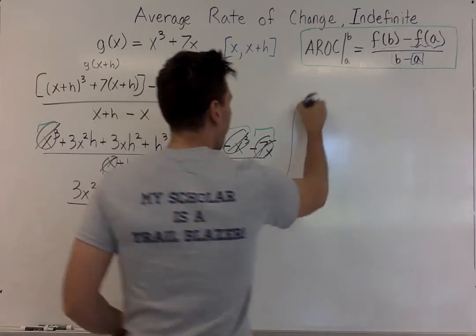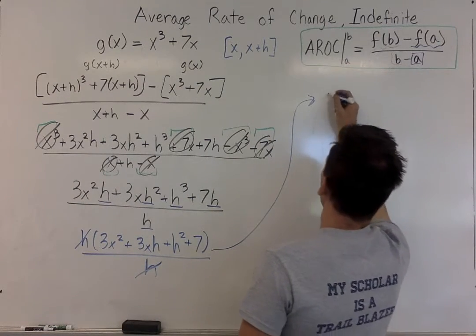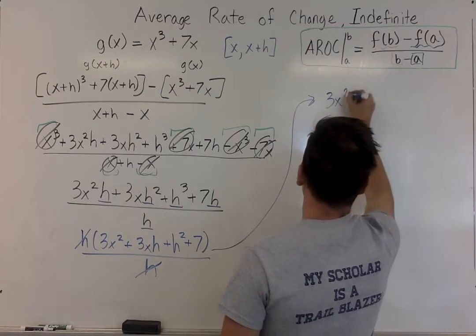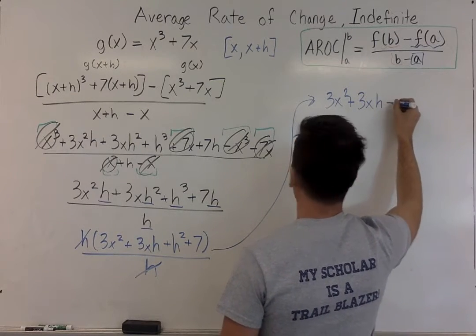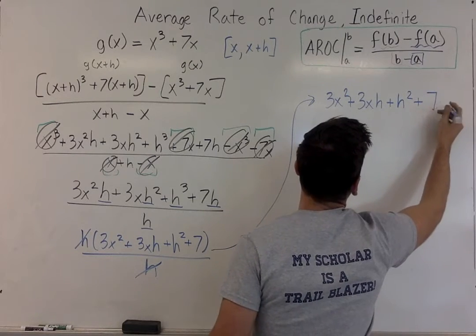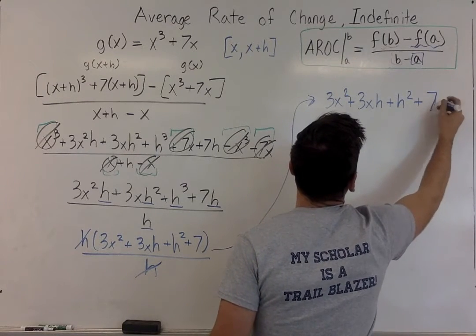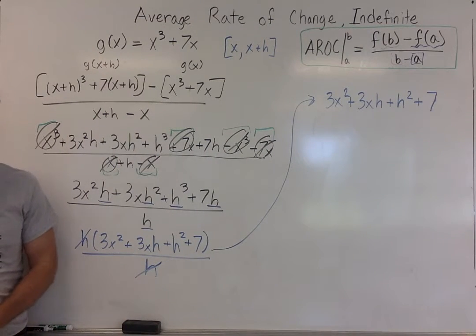Then, rewriting, this becomes 3x squared plus 3x h plus h squared plus 7. And that will be my average rate of change between any 2 points, x and x plus h, where h represents the distance between